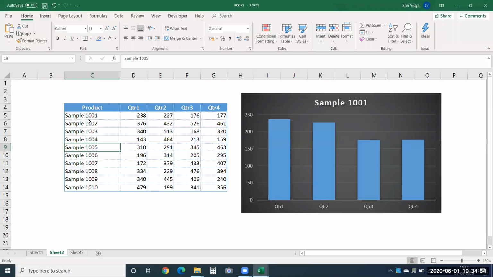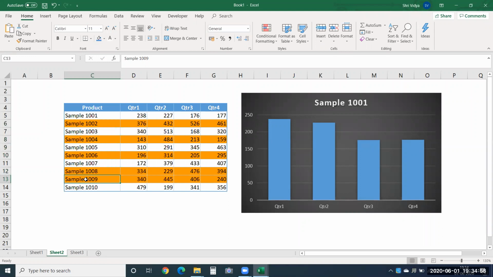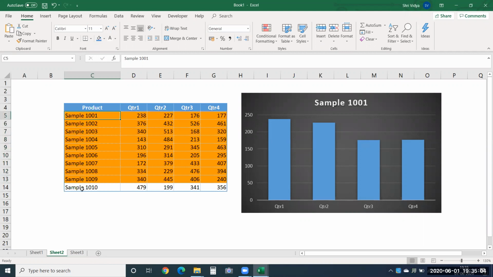So now you can see here, it gets applied like this. But I would like to see only the product that I have selected to appear highlighted like this. Otherwise, not all the rows that we have selected should have color like this. Only the product that I choose should have color.